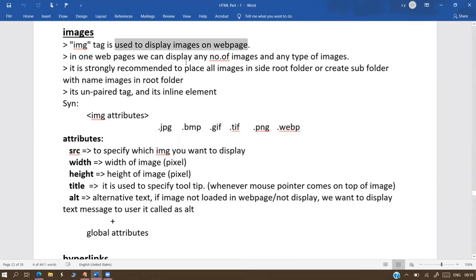Sir, the IMG tag is completed. Huh? The IMG tag. Completed already. Yeah, wait, I'll check it.